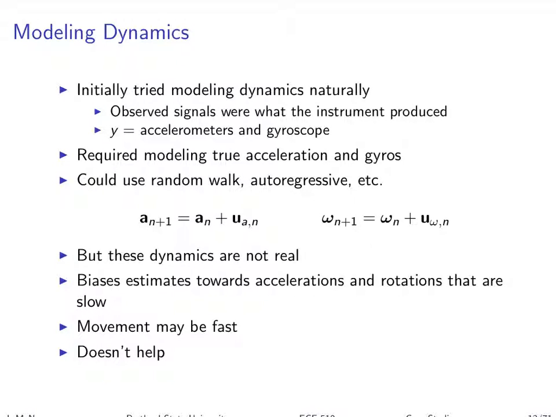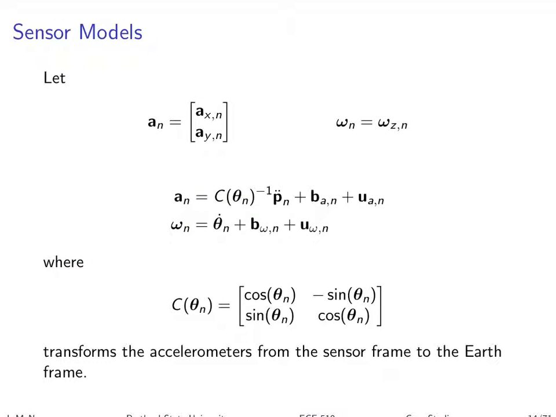When it's moving, it biases things towards moving more slowly than they really are moving, and when it's not moving, it lets things move more rapidly than they actually are. So it was incorporating exactly the wrong prior knowledge, and it was worse than just doing the naive approach of integrating things. So the movement can be fast, and that's just not a good way to do it. So I thought more about this and did some more reading to see how other people modeled these things, and came up with a better model